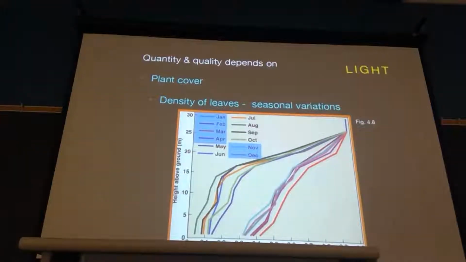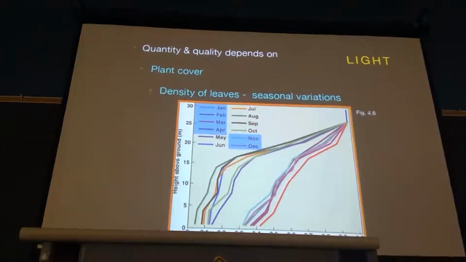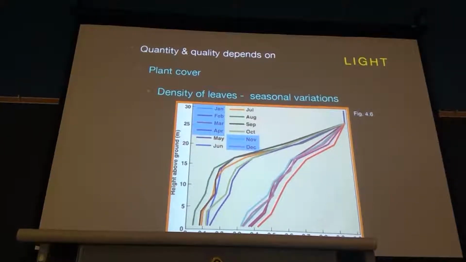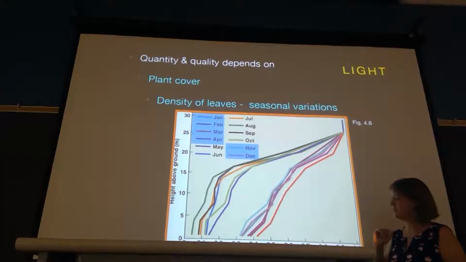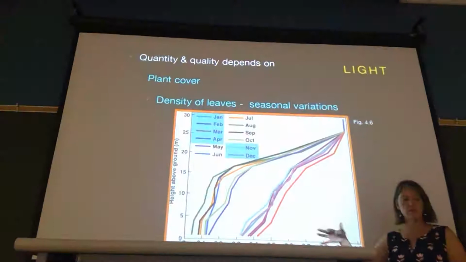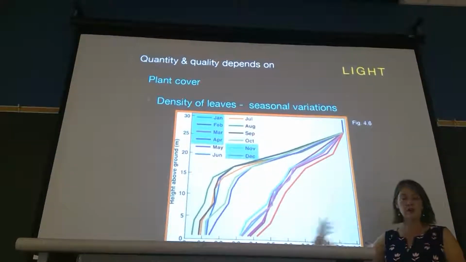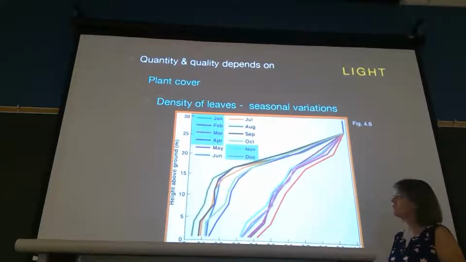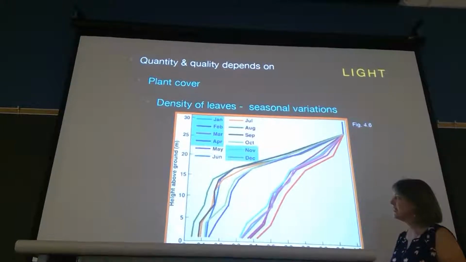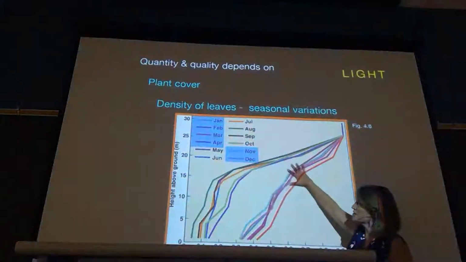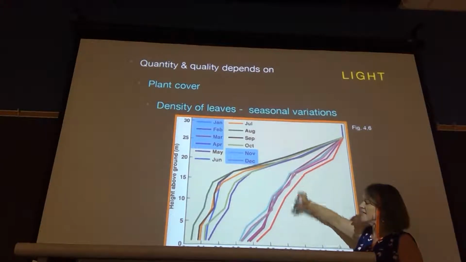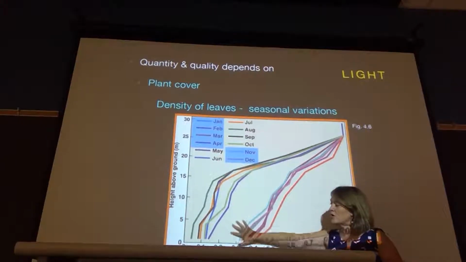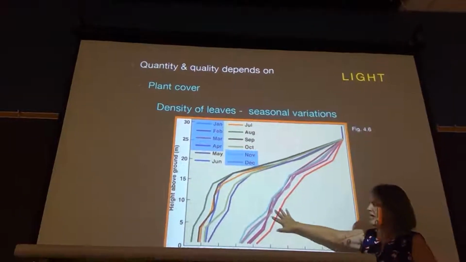Okay, all right. So this is the seasonal variation in plant cover and density of leaves. We're looking at the proportion of available light in terms of photosynthetically available light, so those light wavelengths that are actually captured by chlorophyll and used to do photosynthesis. And we see that in the winter months. Okay, these are all the January, February, March, April, November, December lines. There's a lower leaf area index and a higher